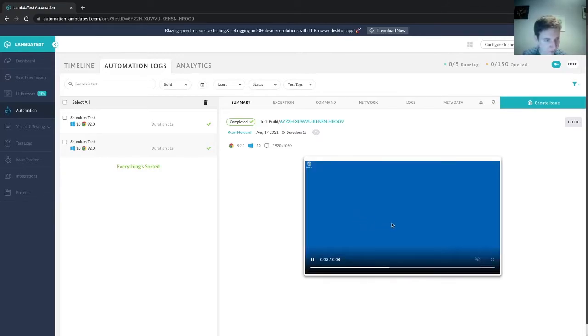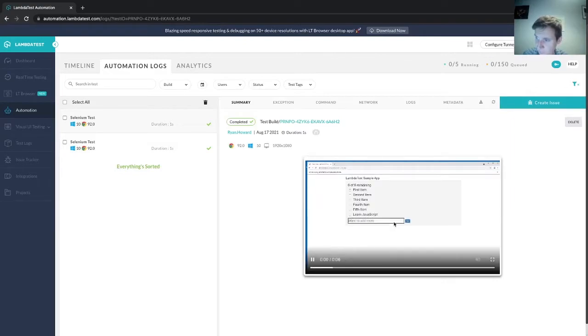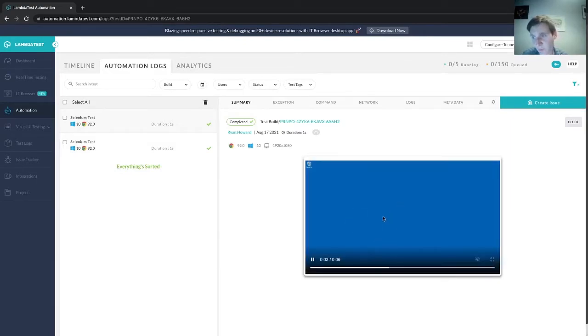So that's my test to add Learn Selenium, and I highlight this one, press play. This is my Learn JavaScript test. So you can see that both of these tests have been executed on the LambdaTest platform against the Chrome browser